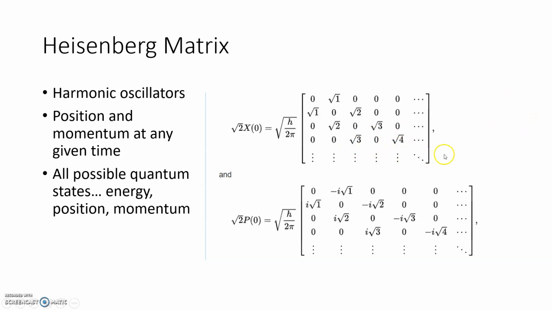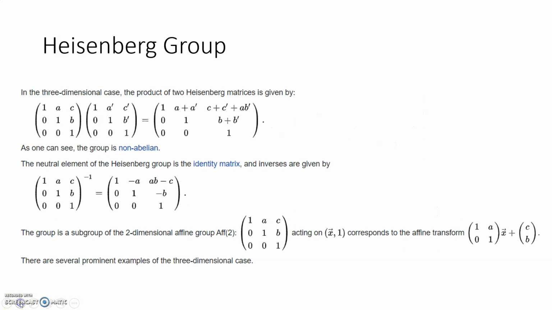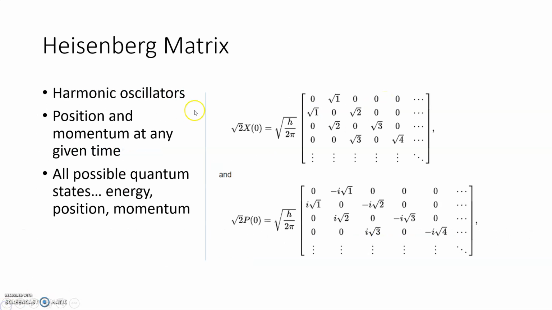This is a really basic example. I actually found this on Wikipedia. I cited it, don't worry. So it's just the position at some time, and this matrix describes the momentum at some time based on initial conditions. You have those two matrices independent of each other, but there's such a thing as a Heisenberg group, which is the product of two Heisenberg matrices,